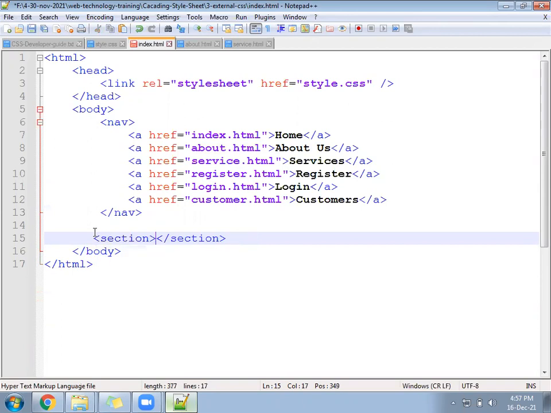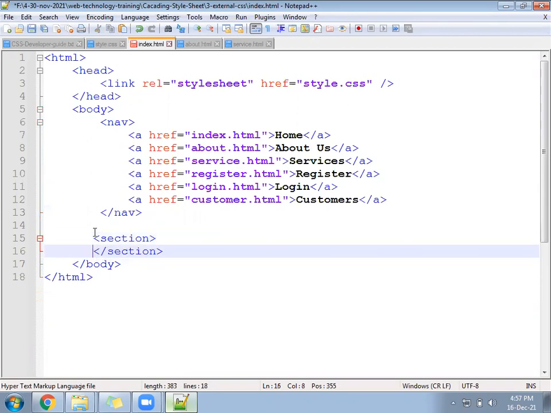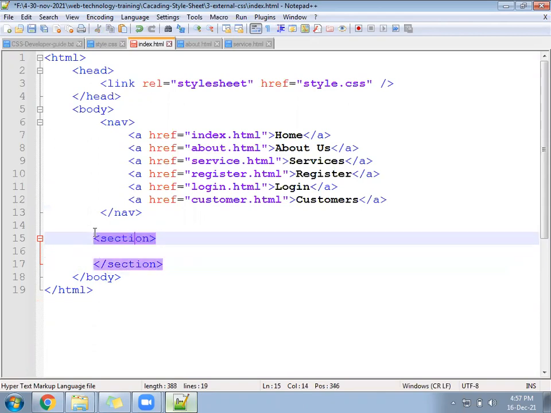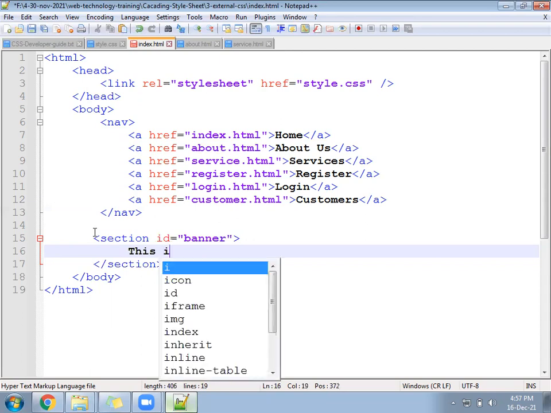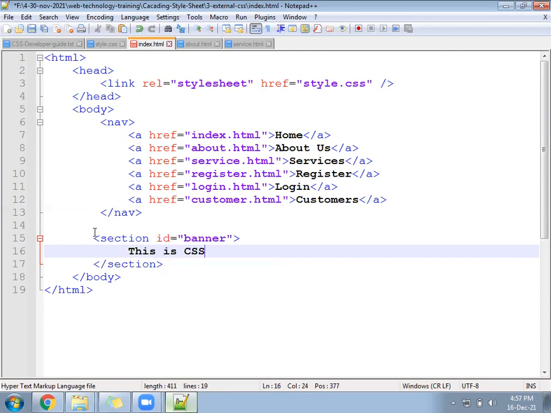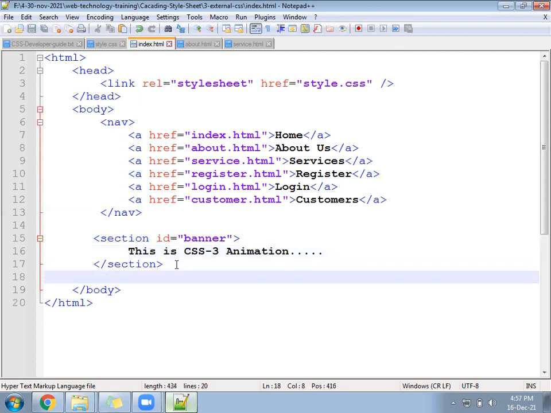Inside the section tag, you can give an ID called banner. And inside this, you can write some text. This is CSS3 animation. Save it.